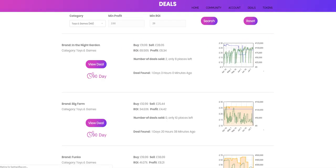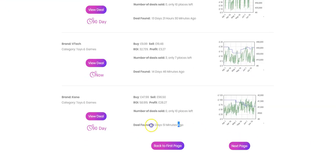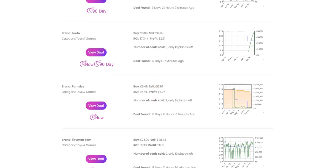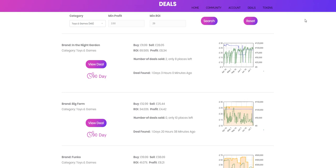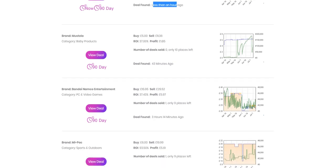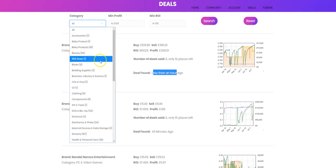and this is going to show me the products that appear within this criteria, and you can see how long ago they were found. Obviously you're going to get some stuff that was found a while ago, but you can see here the most recent items. And you can also reset this so you just literally see the most recent deals that have been found. So you can see here there's a deal that was found less than an hour ago, 43 minutes ago, and so on. But let's go back to that